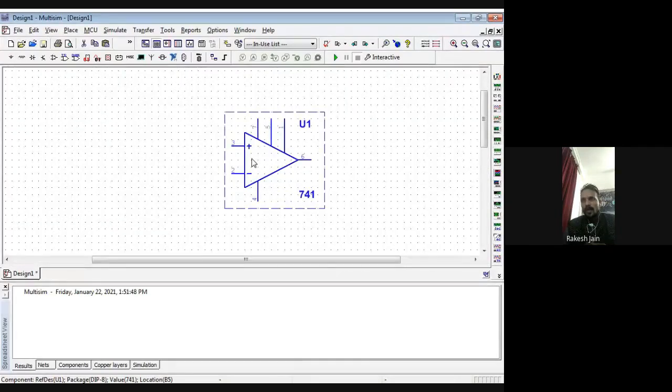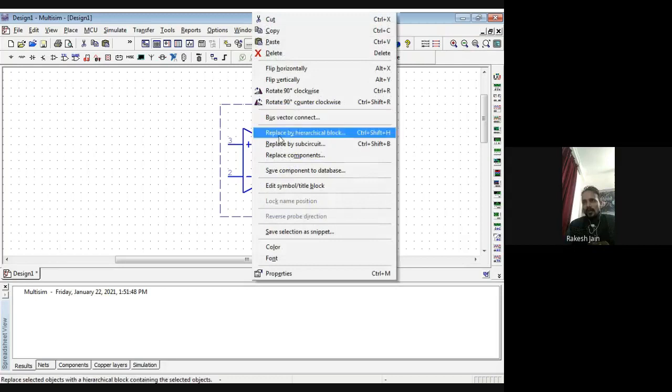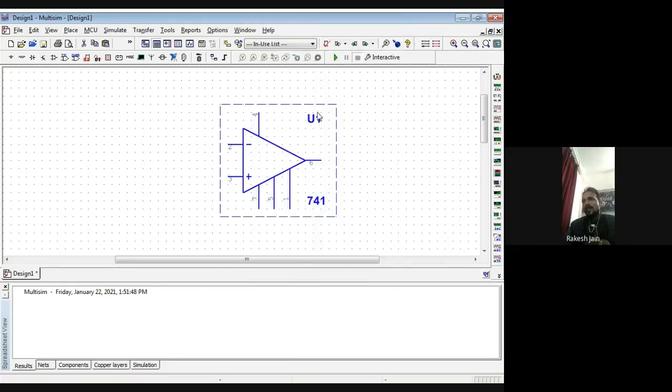So now see, this 741 IC is in front of you. The number of pins is also denoted. If you just expand it, then you are able to see which pin is what, because it is written over there. So now you are able to see that the second number pin is at the bottom side and the third number pin is at the upper side. You can flip it, see, I just flip the circuitry. Now the fourth number pin is at the top side and the bottom pin is at the lower side.